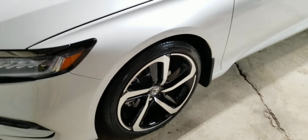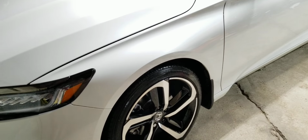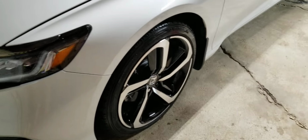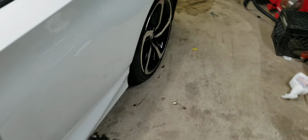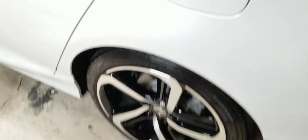I do it at night so it could kind of soak and do what it wants to do versus putting it on and then jumping on the expressway and then coming home with it all flung all over the car. The good thing that I like about this Black Magic tire gel that you can buy is Black Magic